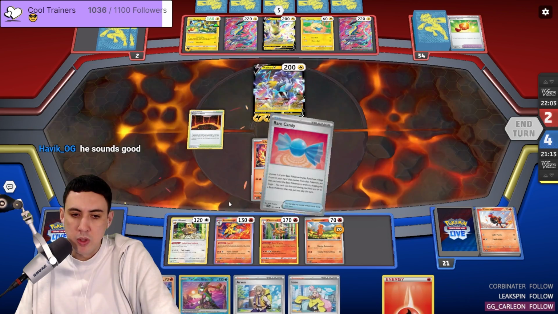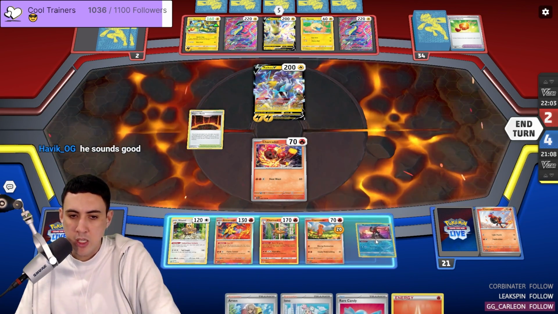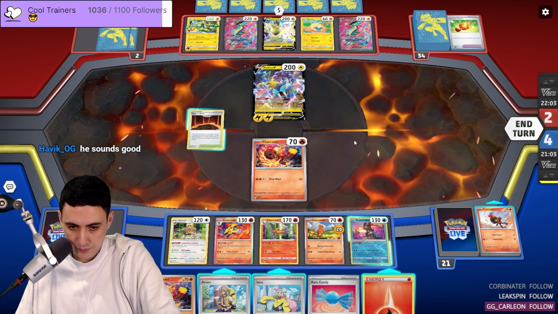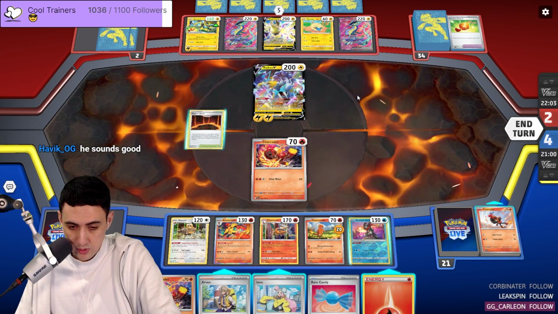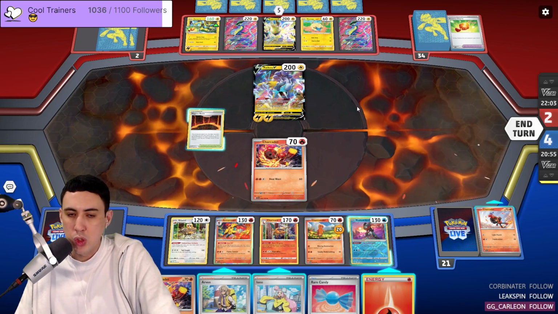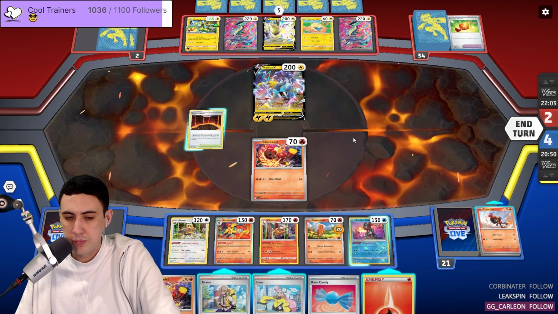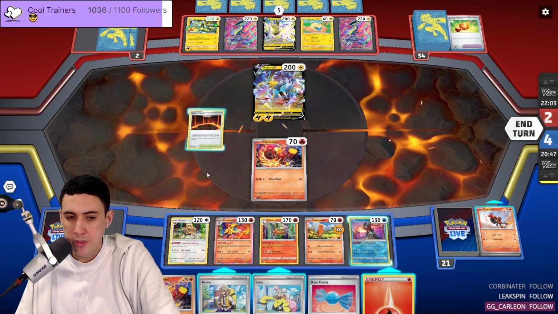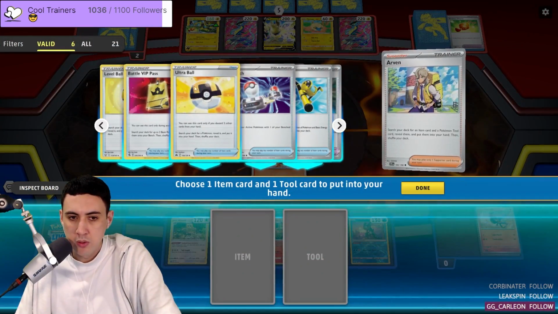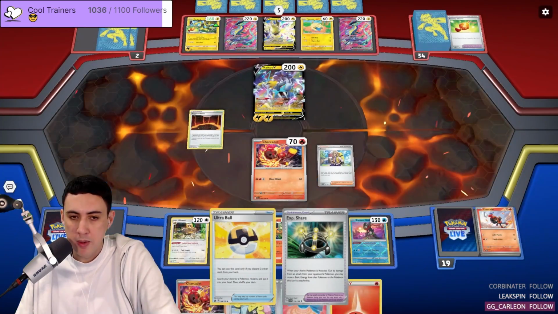At this point in the game, we do not need another Charcadet, because first of all, if that doesn't evolve this turn, we're in trouble. I'm afraid of using Iono, because if we don't hit the Pokemon required, the Armarouge EX, we're in trouble, right? So I am just going to use Arven here. Grab the Ultra Ball, which there's only 1 remaining, which is quite a worry, but